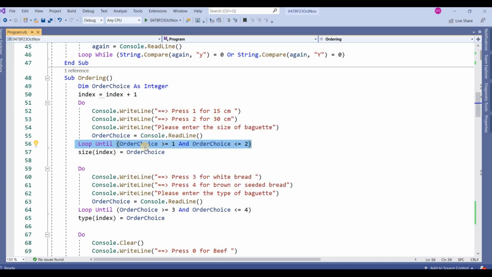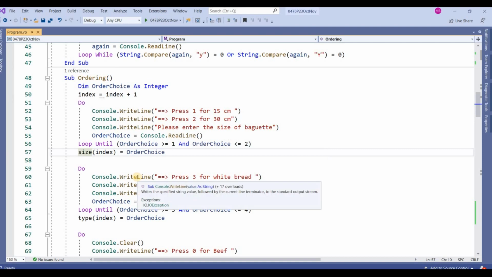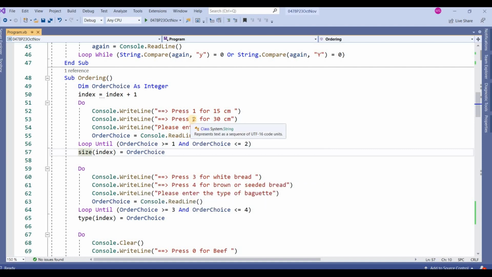Whatever you enter will be stored in the array size. Size is an array that contains the size of all the orders. If you enter 1, size of index 0 will contain 1. This array will contain only 1 and 2. 1 means 15 cm size and 2 means 30 cm size.